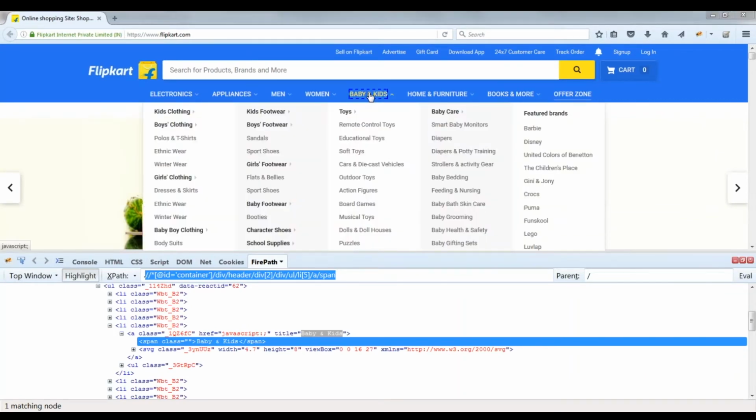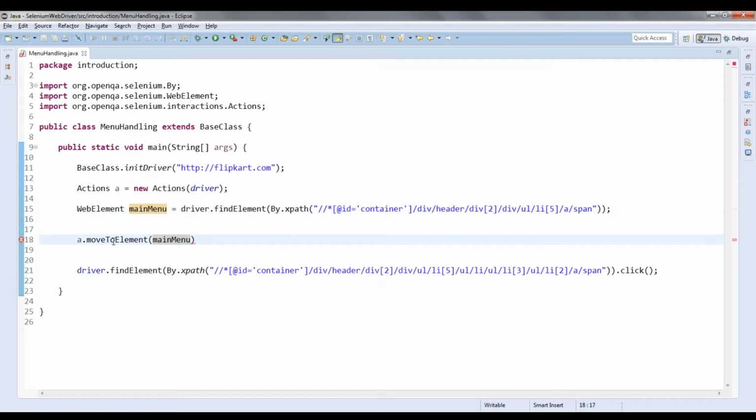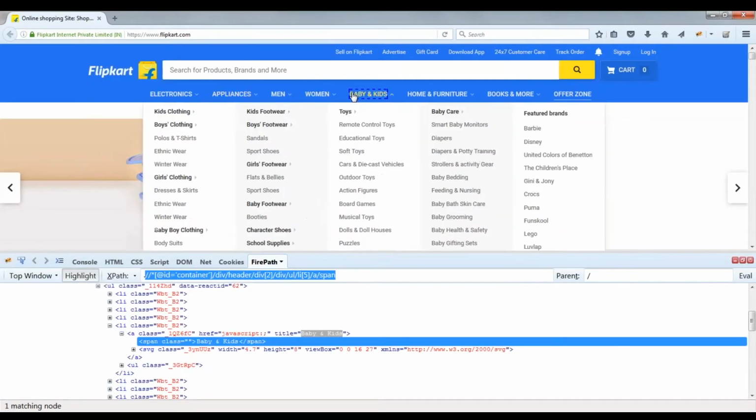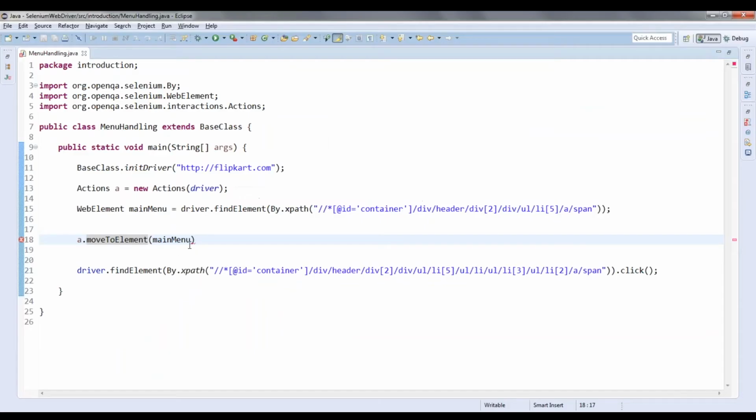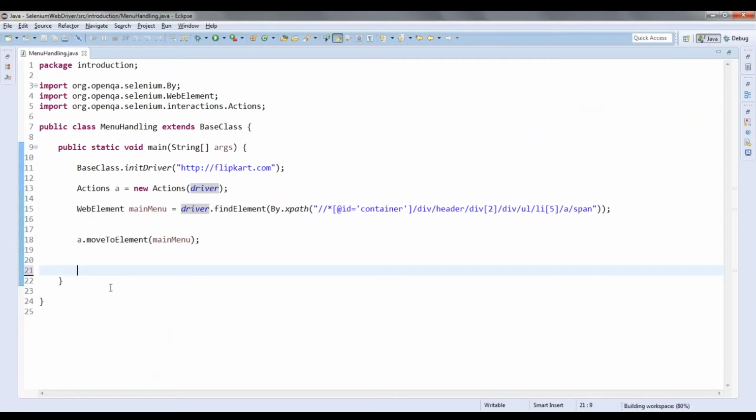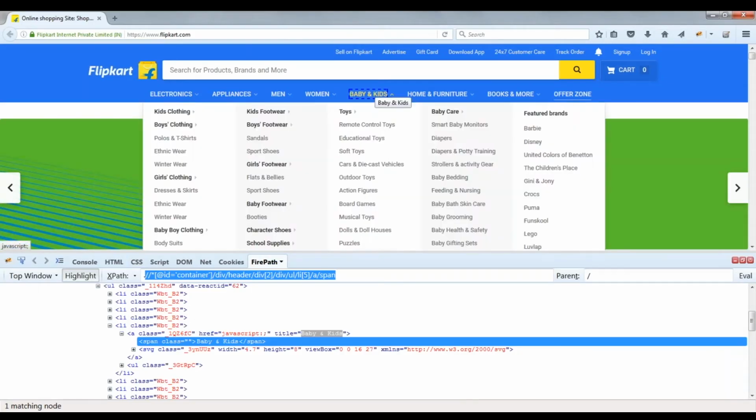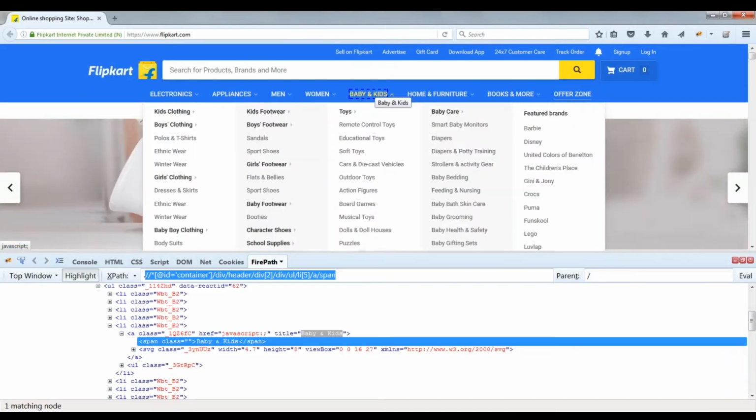To hover on this, I have a method moveToElement. It will move my mouse to the center of that particular web element, but you cannot simply keep it like this. If you do this, it will not actually move to the element. So let me show you. If I move to this particular element, this entire list should be displayed.